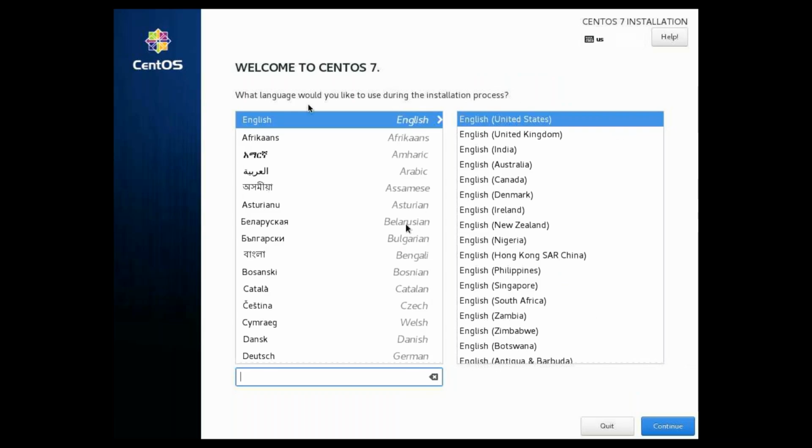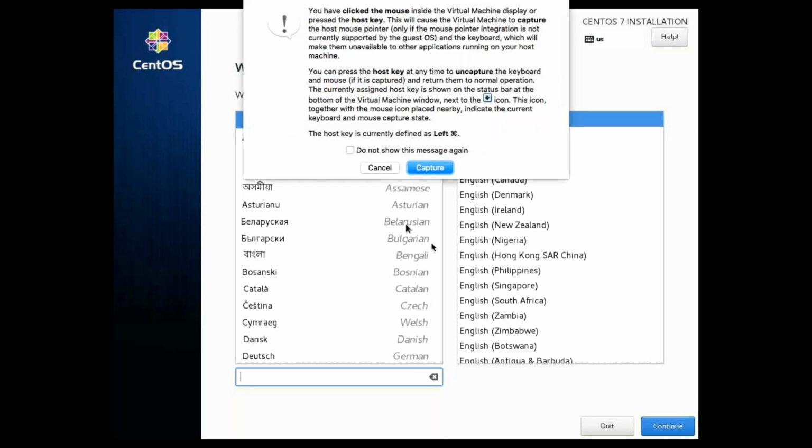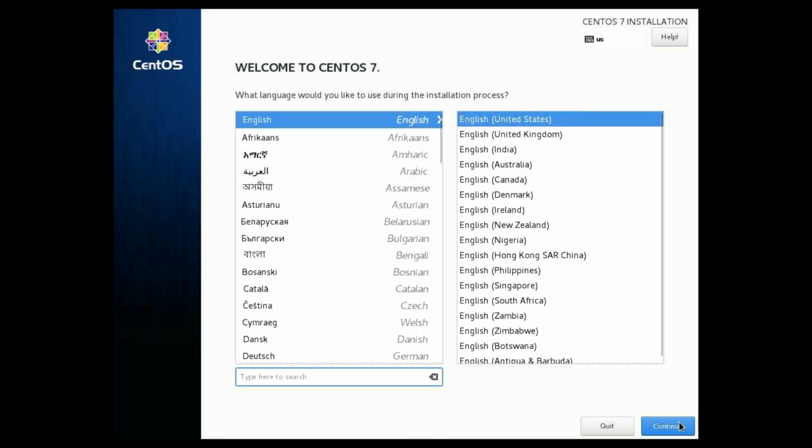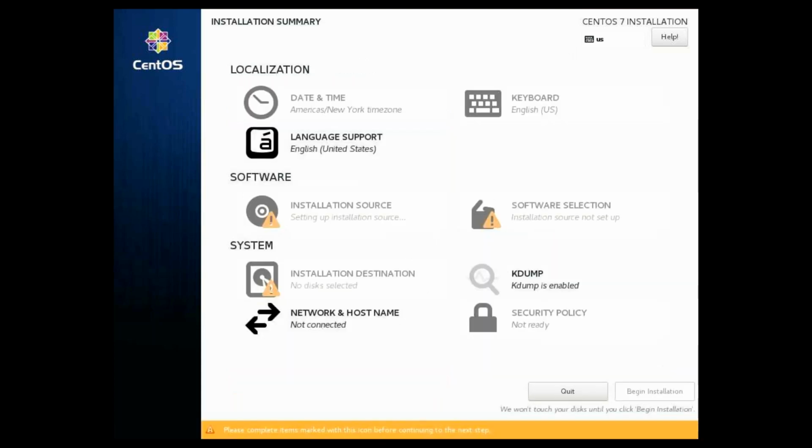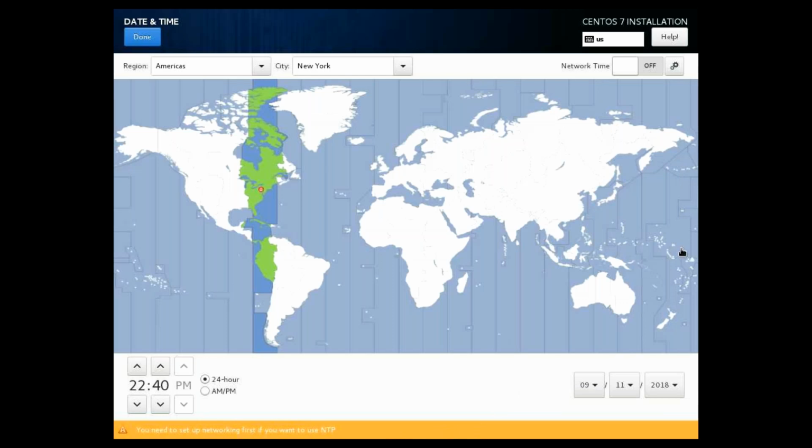Now the language is already selected as English, so just click on continue. Then in a single window, we have all these entries. For Ubuntu we need to go through a step-by-step process, but here we have everything in a single window. Now I need to change the date and time. Automatically it's selected as Asia/Kolkata. This is the date and all. Perfect, so click on done.